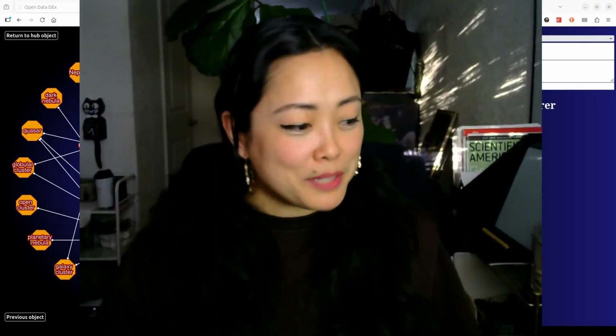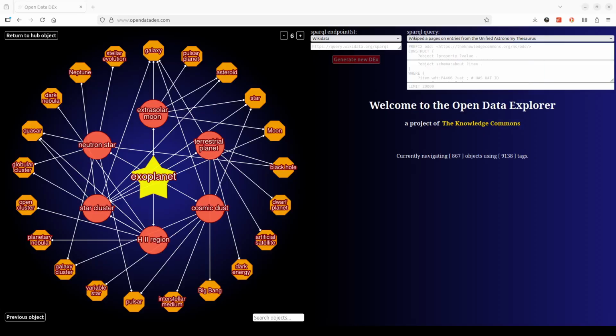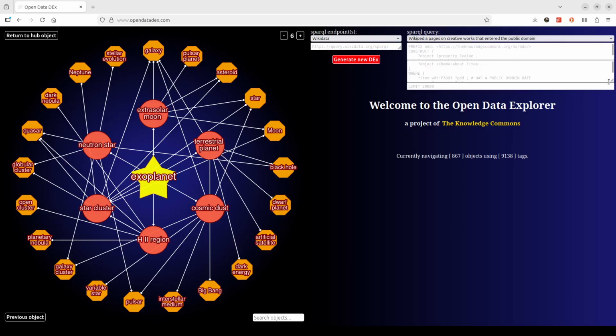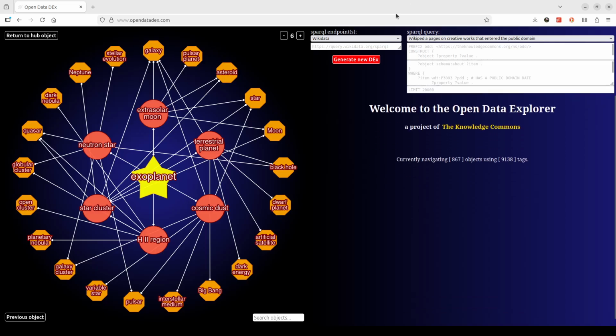The app is behind me here. So if you go to OpenDataDEx.com, here's what you'll see. It is defaulted to an astronomy dex to go along with the astronomy theme of the app. So we're going to go here and pick a different query, a pre-built query, Wikipedia pages on creative works that entered the public domain. This is the SPARQL query that's going to be sent to this SPARQL endpoint, and we're going to generate that. It shouldn't take too long. The data set's not too big, but it's got to pull the data, structure it, and